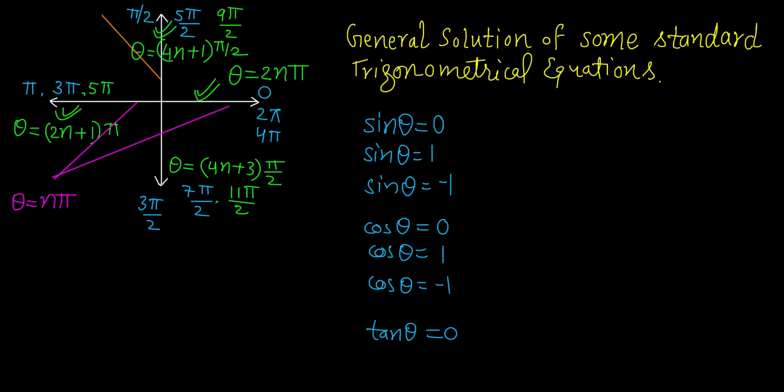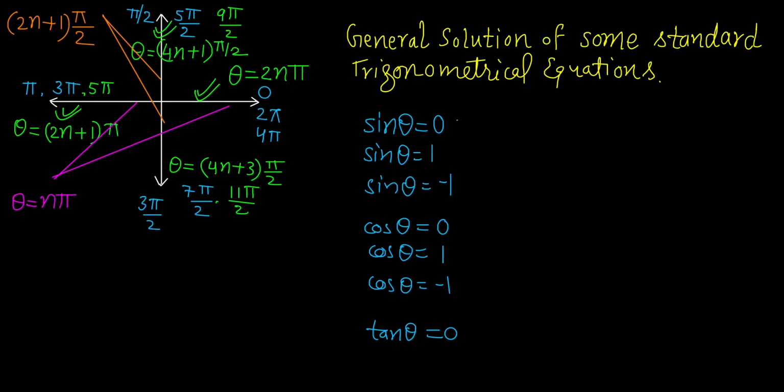You can write for these two lines. So upper line is 4n plus 1 pi by 2, lower line is 4n plus 3 pi by 2. But if you see together these lines are pi by 2, 3 pi by 2, 5 pi by 2, 7 pi by 2. So these are odd multiples of pi by 2. So in general, combining both, you can write 2n plus 1 pi by 2, right?